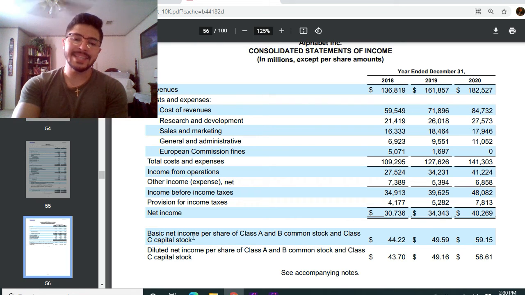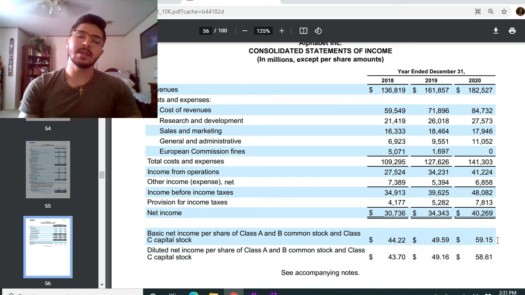It says basic net income per share of Class A and B common stock and Class C capital stock. So this is just talking about different kinds of stocks that the company owns, and then they named it income per share. It's normally EPS, earnings per share, tomato tomato. But this will actually show you 2018, 2019, and 2020, and you can see consistently that it's gone up gradually. Of course, like I said, this is only one thing that we pay attention to,